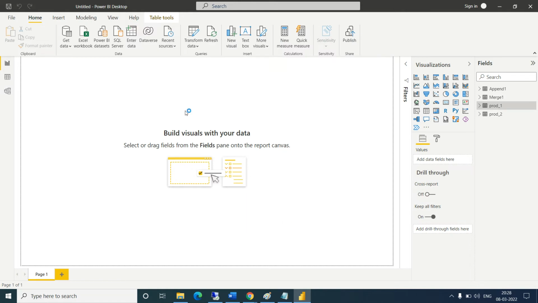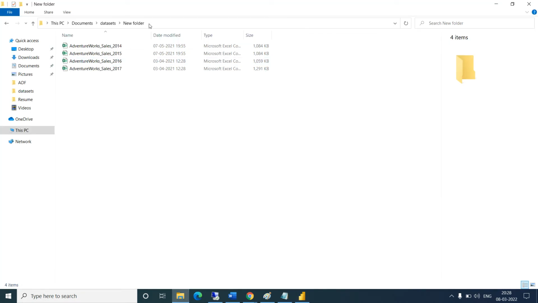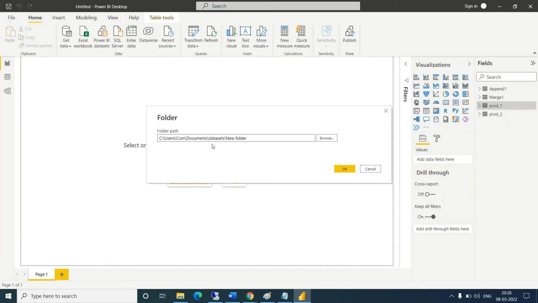It will ask you the path of the folder. Which folder path? This path. On this path this file is available, right? If tomorrow a file comes again, it should automatically be picked up from here also. So we will not give the file path, we will give the folder path. Click on OK.